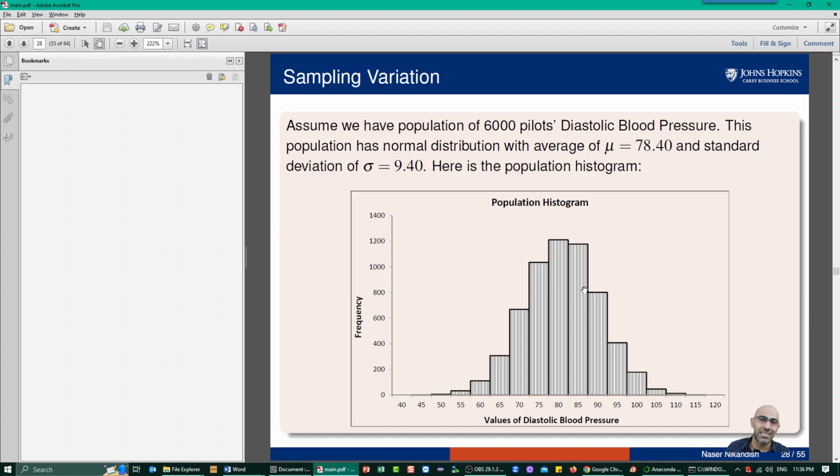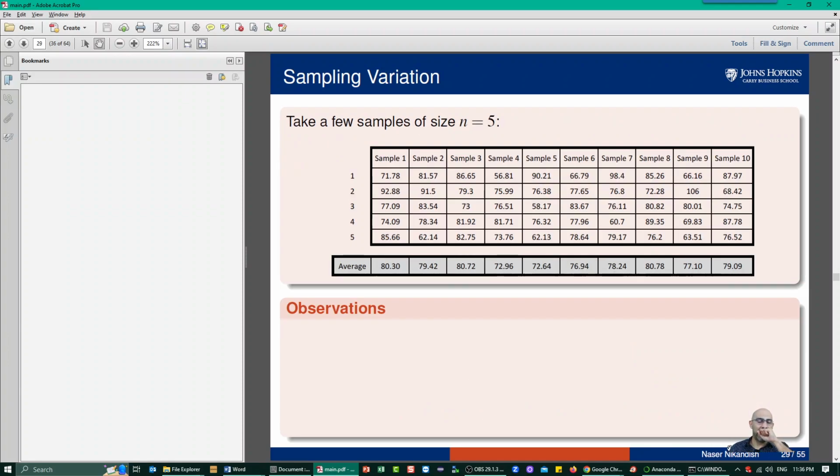So here's an example. I'm going to go over it very quickly. This is the introduction to central limit theorem. All it says is that, look, this is my population's average. From this population, let me take samples of size 3, 4, 5, and look at its distribution, all right? And that's exactly